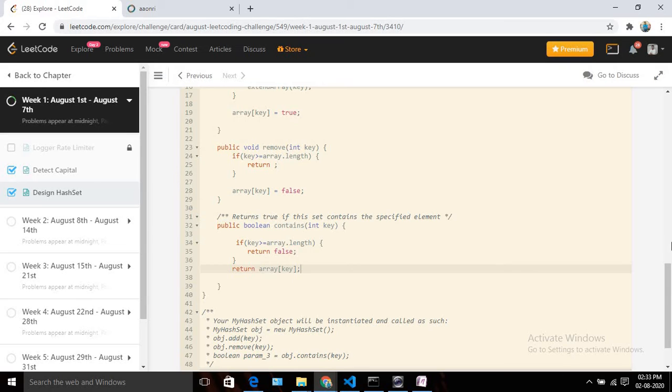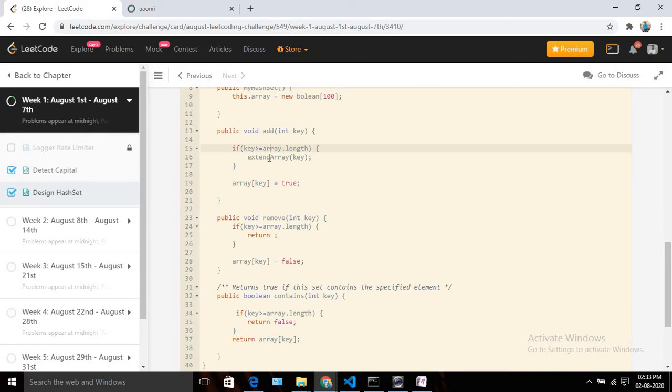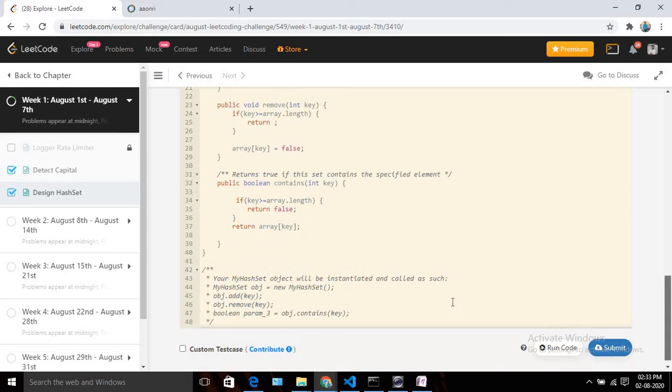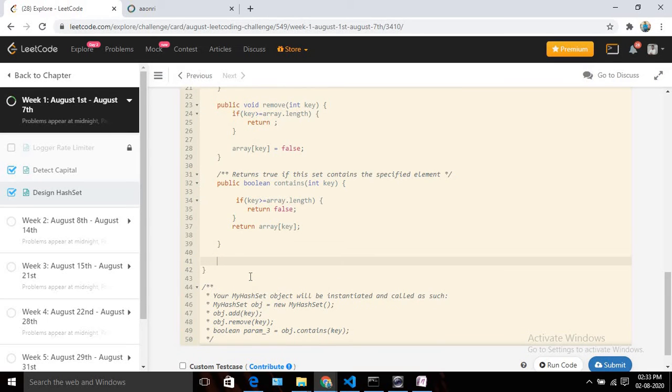Now I need to implement this extend array method. Let us take it as private, and we are not going to return anything, so it should be void, and we are passing the key value.